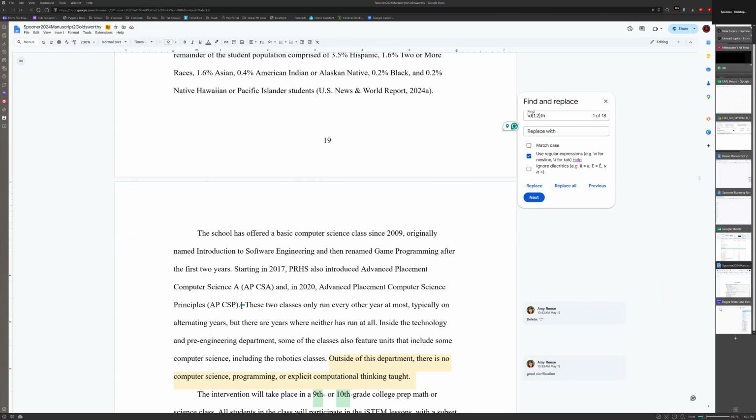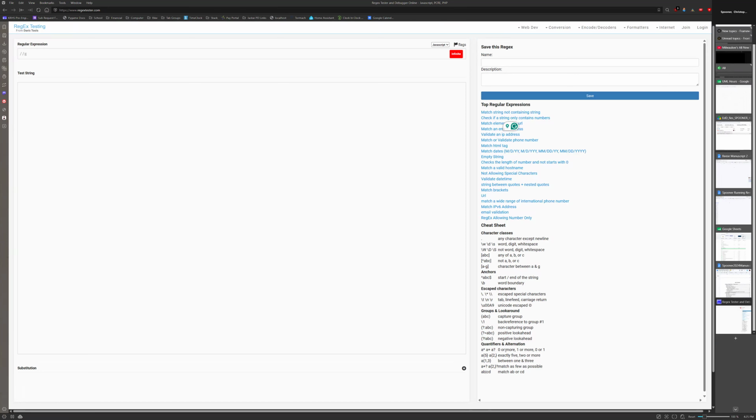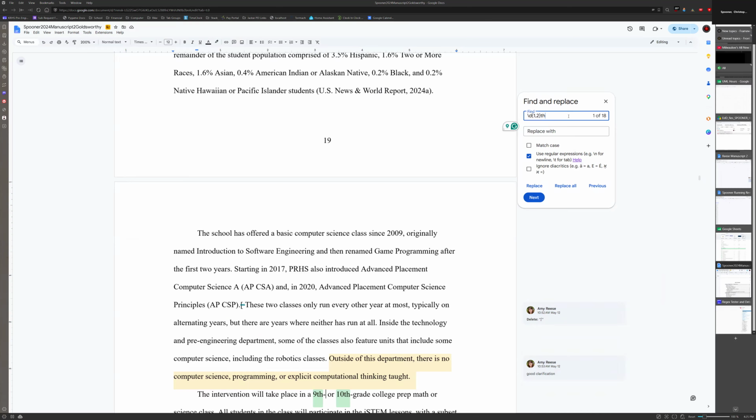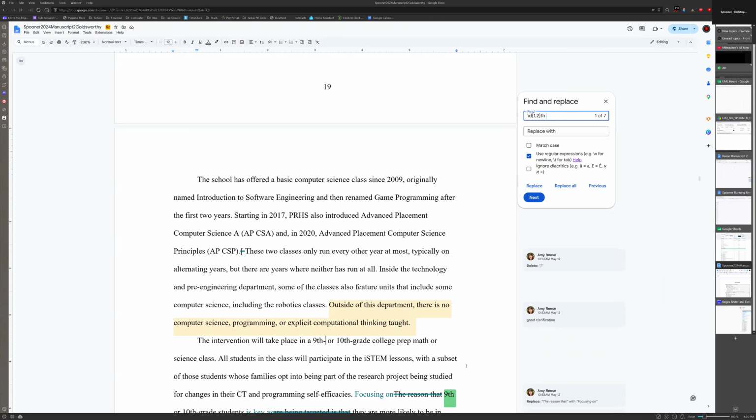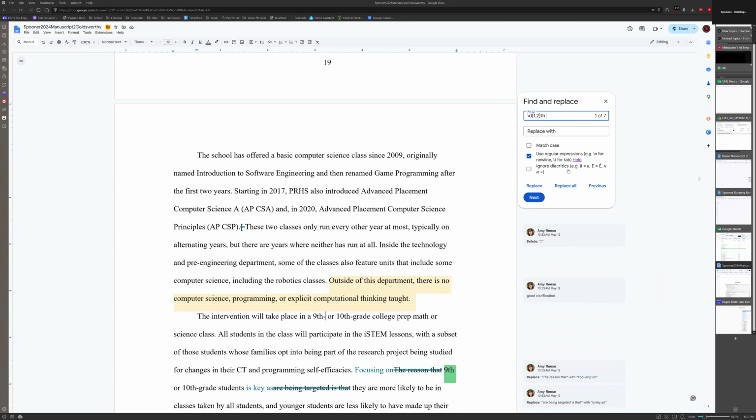So it looks like I'd want to use exactly 0. So it finds it without the hyphen. That's not quite what I want. Oh, I could put the space. Now tell me where I find the space after it. That would do it. So ninth, so I could then replace that with,